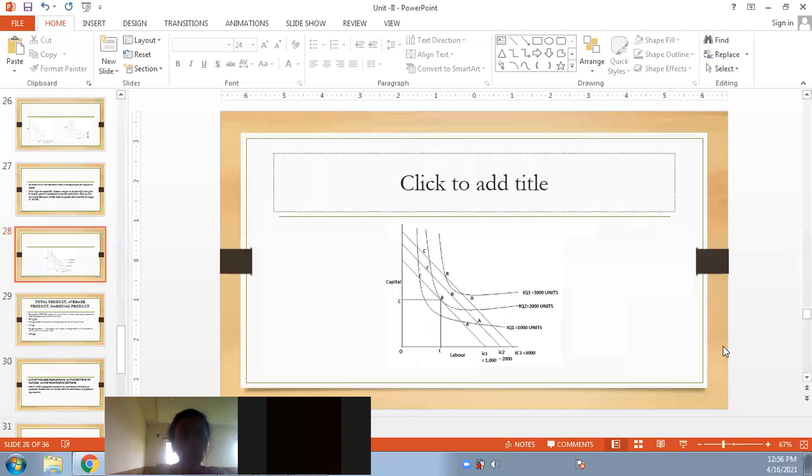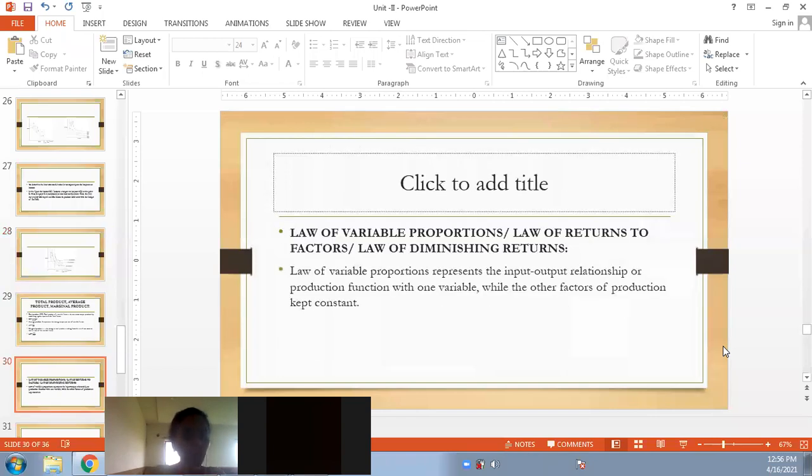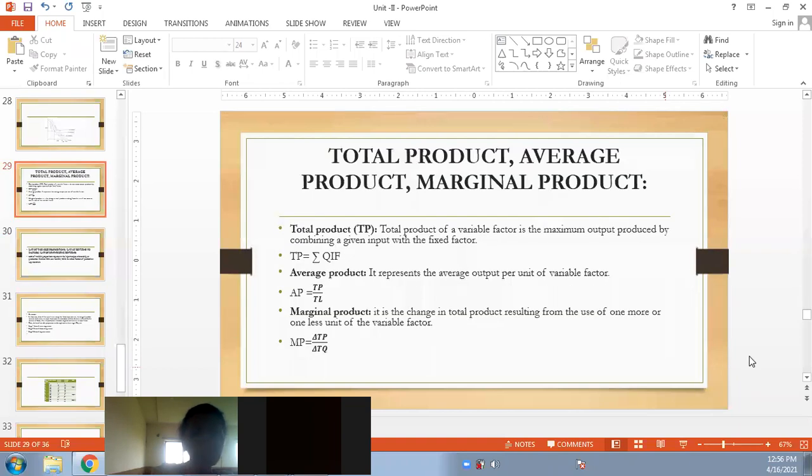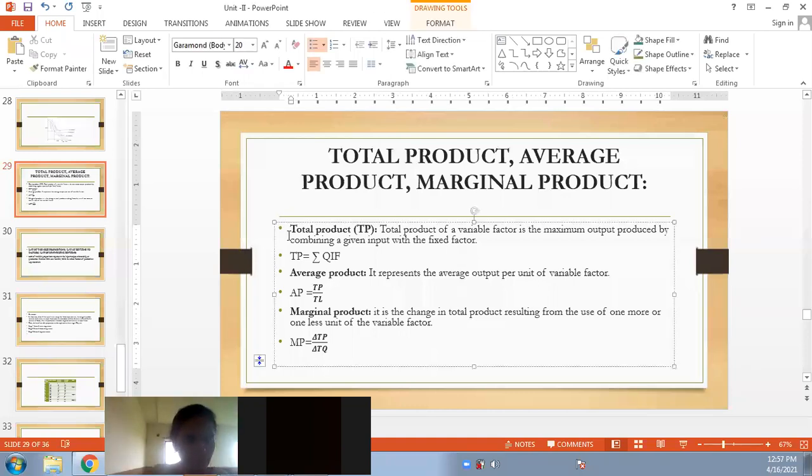Okay. Now, the next concept that we have, it is law of returns. Basically, guys, in the syllabus it has been specified as law of returns. Law of returns are of two types: returns to scale, return to factors. That is the next one that we will see. But to understand the law of returns to scale or returns to factors, we should have the idea about certain